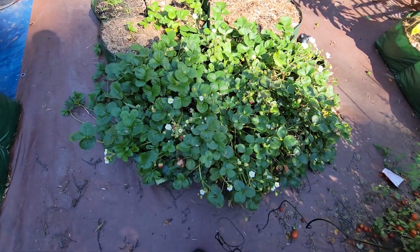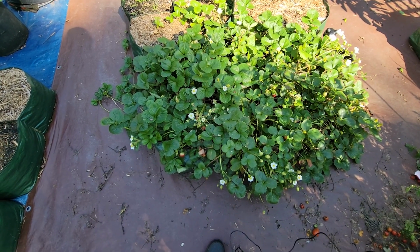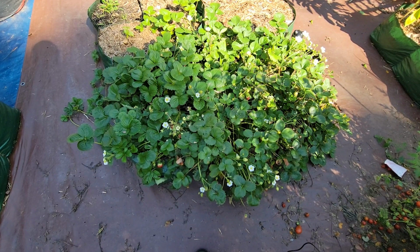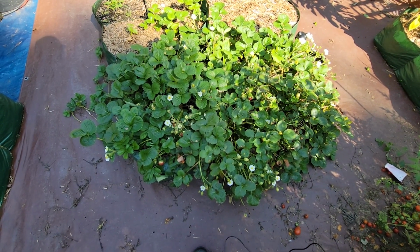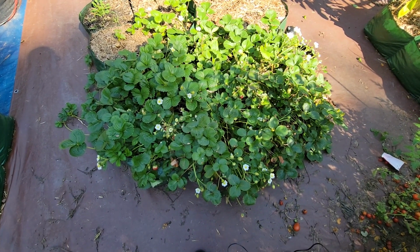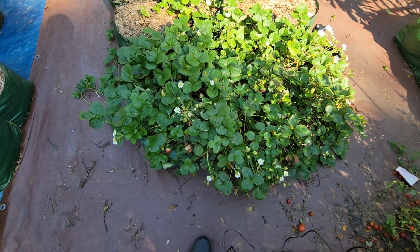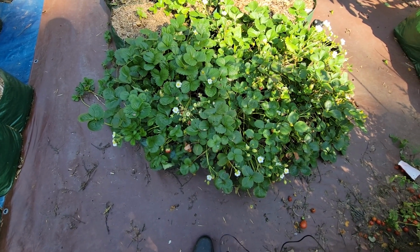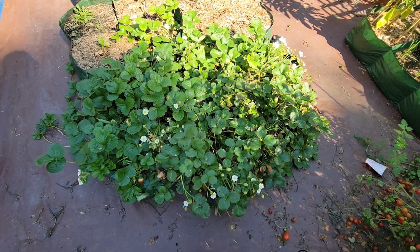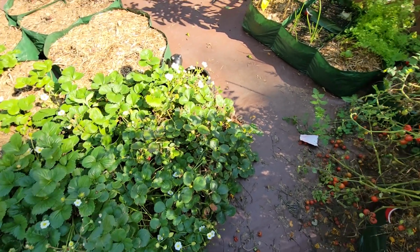Oh, right here, my strawberry plants, which are still growing. So I guess I'll just leave those alone. I haven't done any research. Like, what do you do with strawberry plants during the fall, winter months? Do you cut these down and they regrow, or do you just leave them alone? And then they just start regenerating in the spring next year. Anybody knows, could leave me a comment down in the comment section. I appreciate it. But over here,